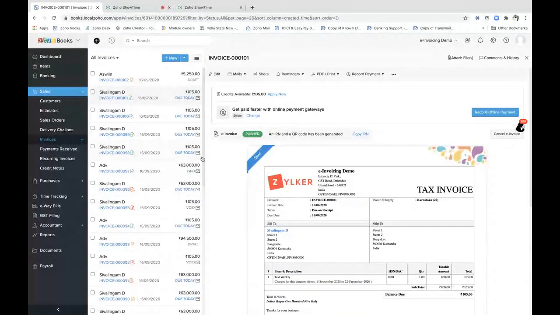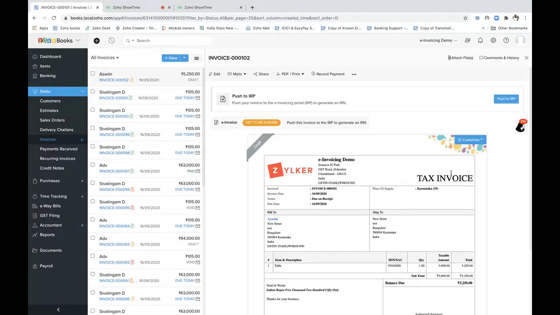Now, what in case you will have to generate an e-waybill along with this IRN number? It is again made simpler. So once you have this option of push to IRP, you would be having a pop-up which states generate with e-waybill, generate without e-waybill. So if you choose generate with e-waybill, you would be asked for the e-waybill details, the transport details and all these things. So you just need to fill in that and push it to the portal.